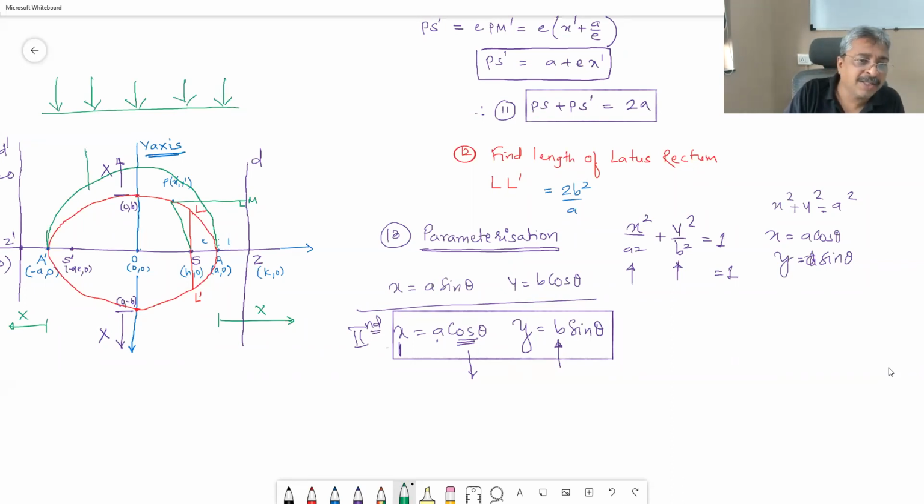Every point on the circle is correspondingly getting compressed to become this point, and this ratio is going to be b upon a. So ellipse is a uniform compression